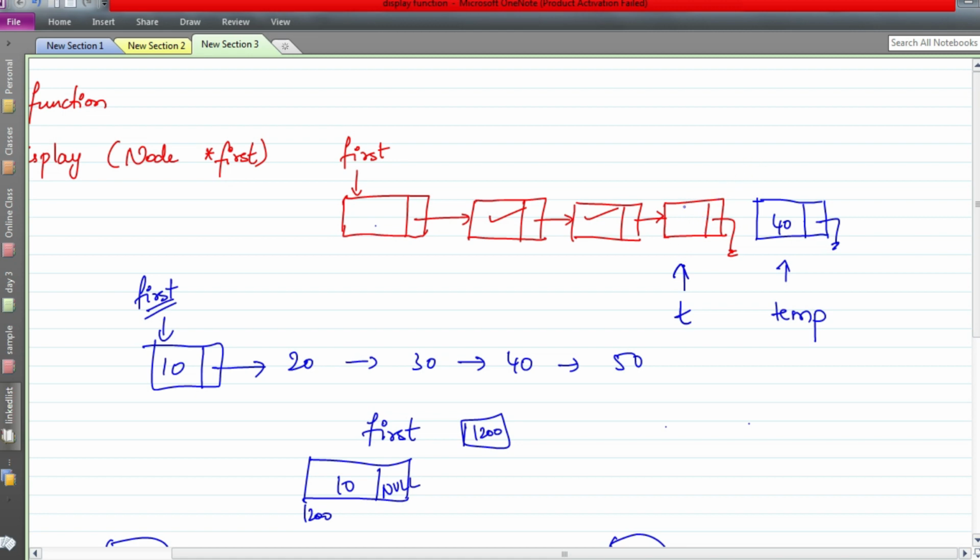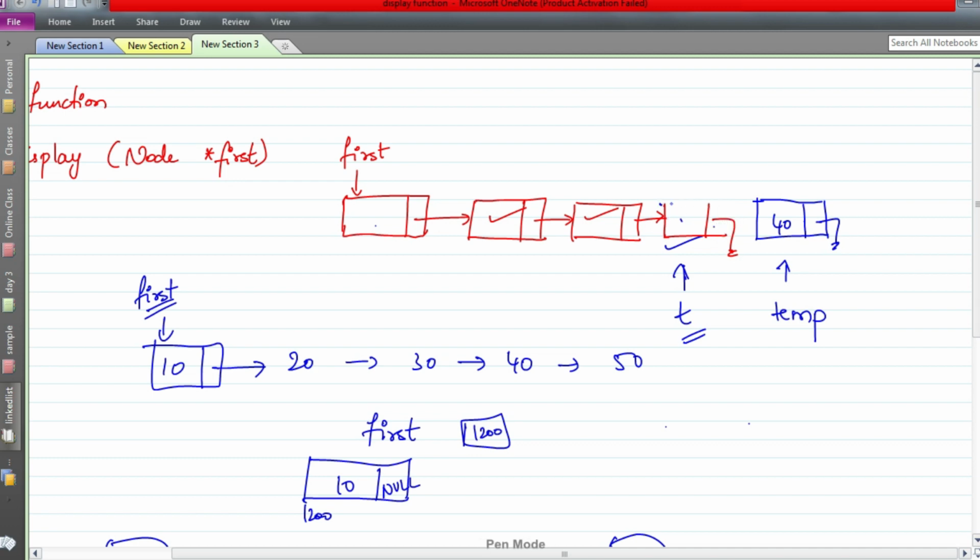When t is in this node, t next is null. It means the pointer is pointing to the last element of the list.